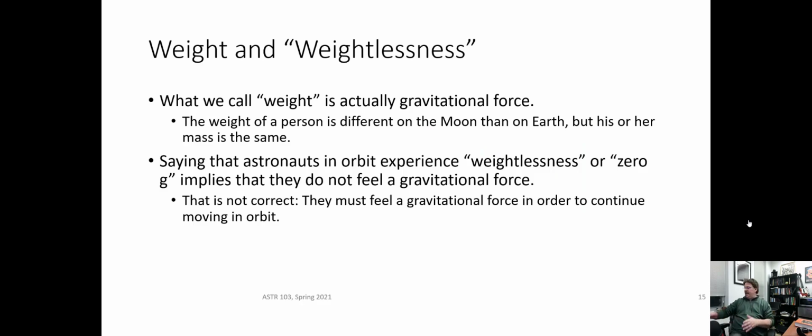Which brings us to weight and weightlessness. Now, I actually had a first grader recently ask me why there is no weight, why there is no gravity in space, and it took me a moment, and actually the assistance of one of my undergraduates to really make sense of what the first grader was actually asking, because my response was, whoever told you there was no gravity in space kind of told you a porcupine or a fib,